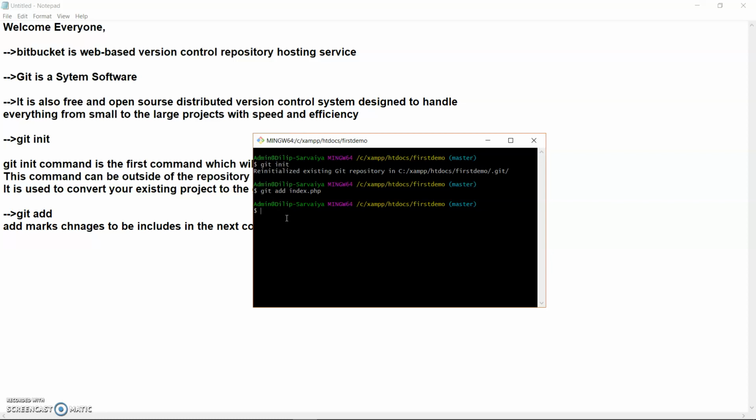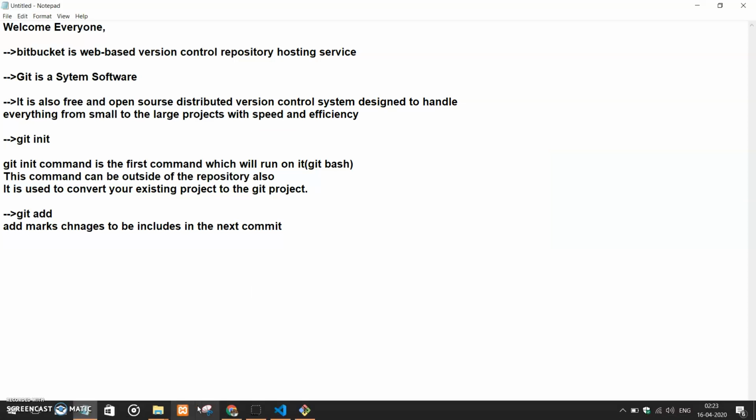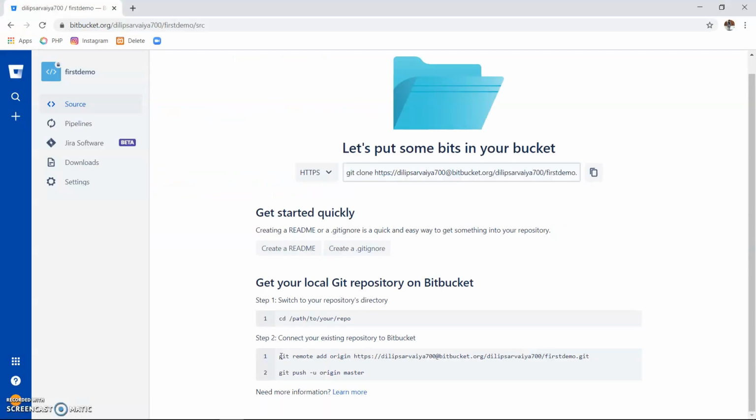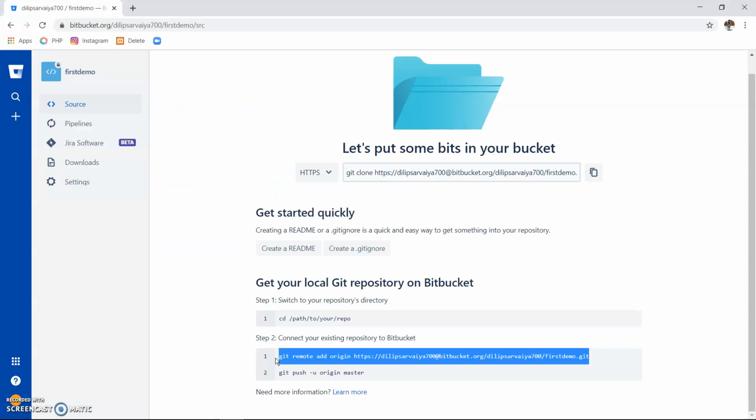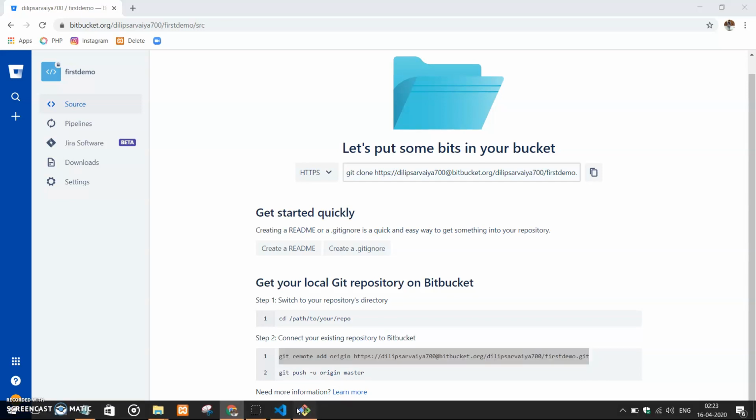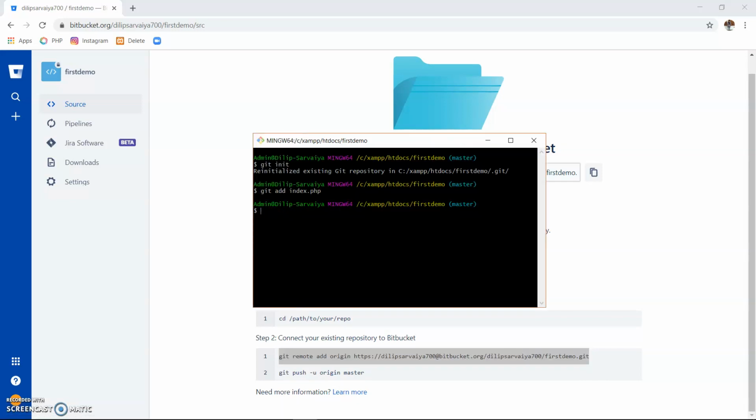Okay, now go to the next command, and that command is the git remote command. You can see that command inside the website. Over here you can see the git command, so you need to directly copy that command, Control C, and after that just paste it into the Git bash. Let me paste it.